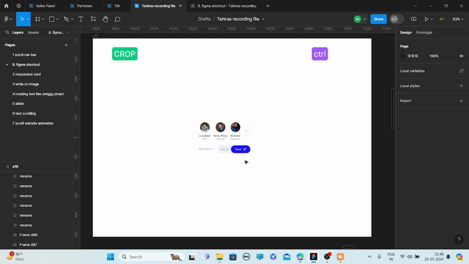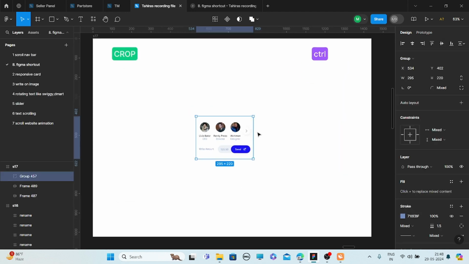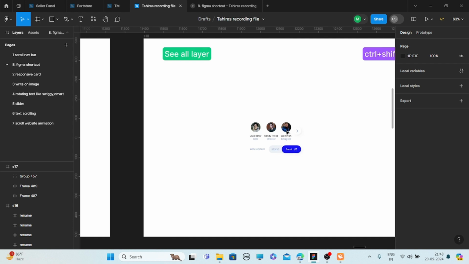Now for cropping anything, just simply press Ctrl on the keyboard and you can crop. I don't know why it is not working.